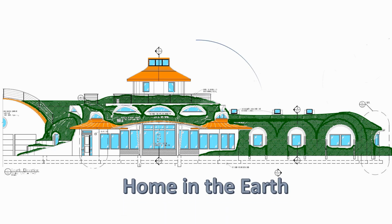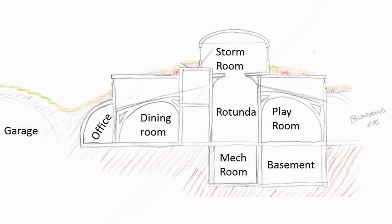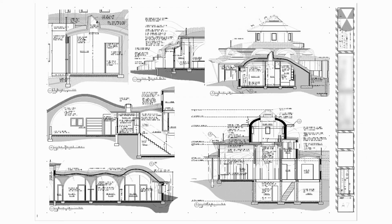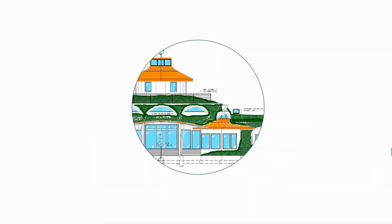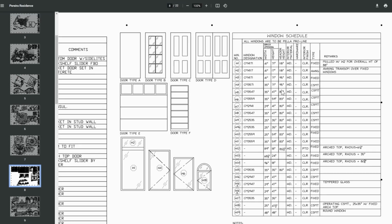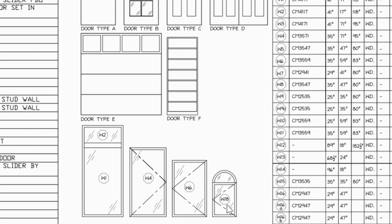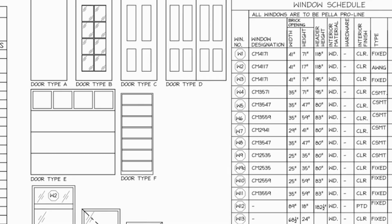On this episode, we are finally getting the windows installed in our earth-sheltered home. So this is the window schedule, or at least how it appeared when I very first set it up. We made a few changes in a few of the rooms, but you can see how it works here, where some of the windows have like this W4 on this window, W6, W18, and those list in here,